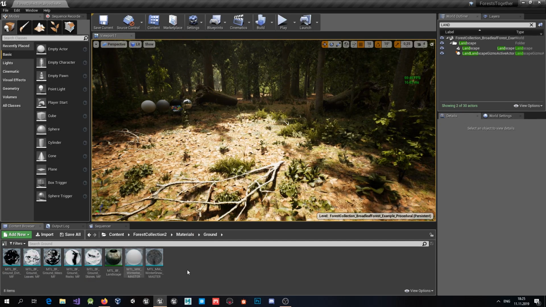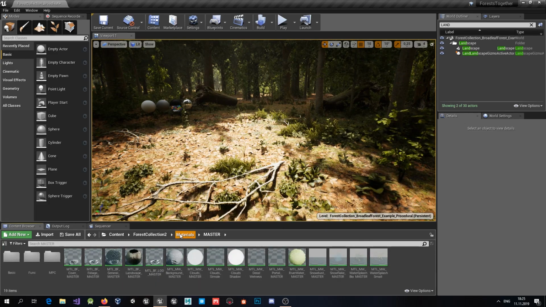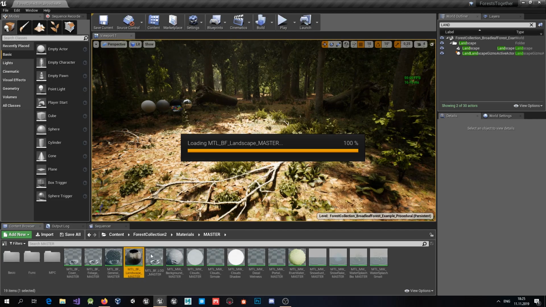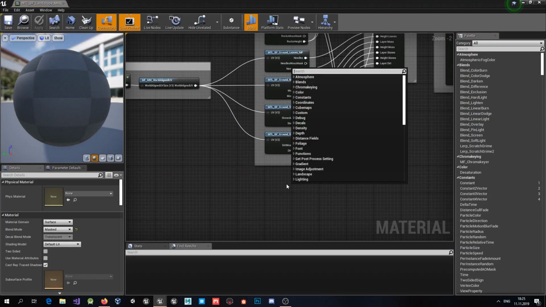So actually we have two ground folders. Let's move to Landscape Master, and let's create